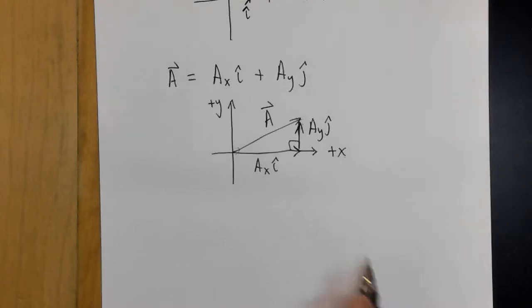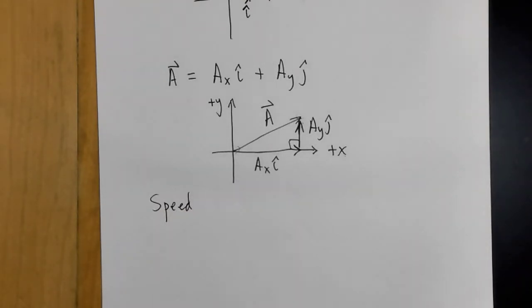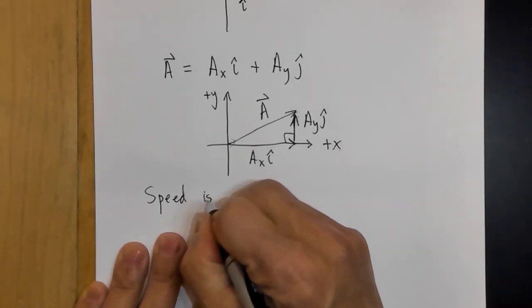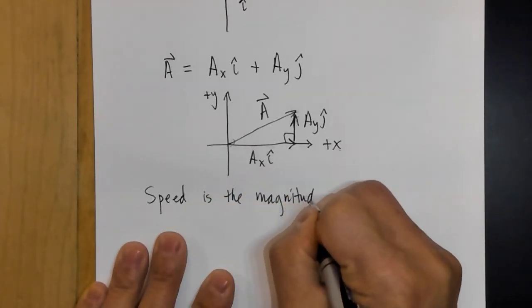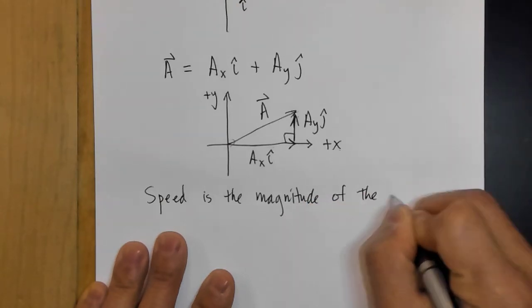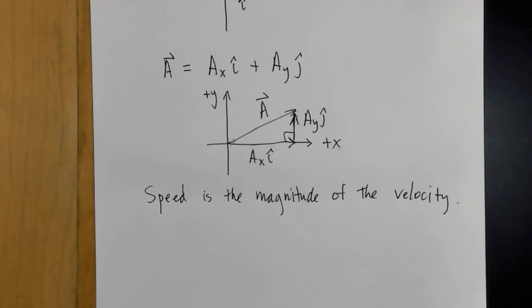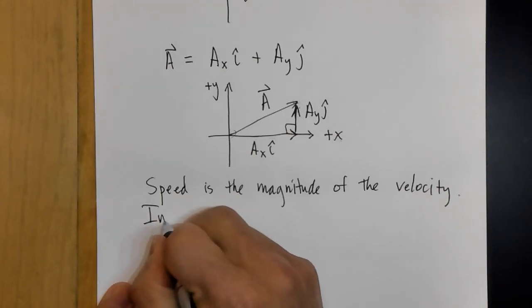Okay. Now, last thing I want to mention. Just take a minute. I want to mention speed, and I apologize, I meant to say this before the homework set that you did over the weekend, but it's coming now. Speed is the magnitude of the velocity. Okay? It's just how big is the velocity. Don't worry about plus signs, minus signs, or directions. In one-dimensional motion,